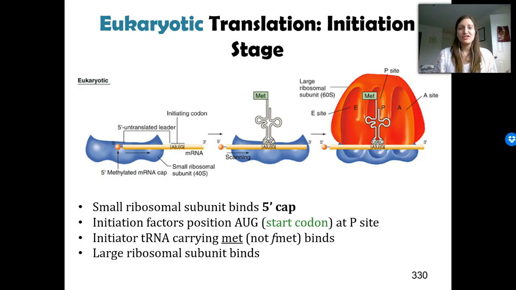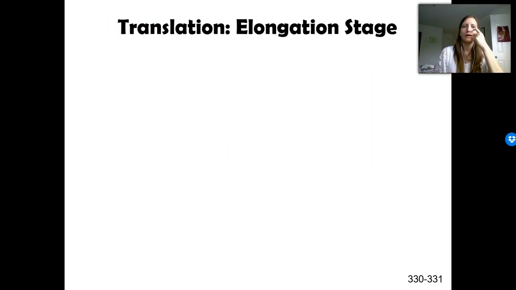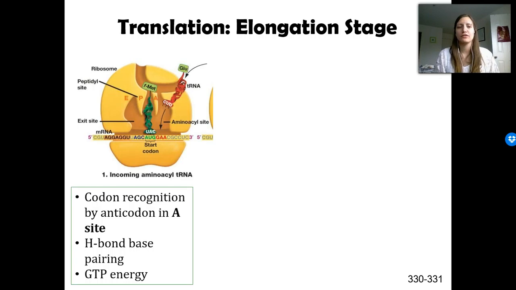So the next step, now that we've initiated it, is elongation. You want to make this protein huge. We started with methionine. Well, now what? So in elongation, it's actually similar between prokaryotes and eukaryotes. The first step, you need to match up these codons and anticodons. mRNA has the code. So mRNA says GAA. Now tRNAs are attracted to the ribosome, but the ones that can make really close to perfect fits, remember, it doesn't have to be 100% perfect because of that wobble hypothesis, but those that can make